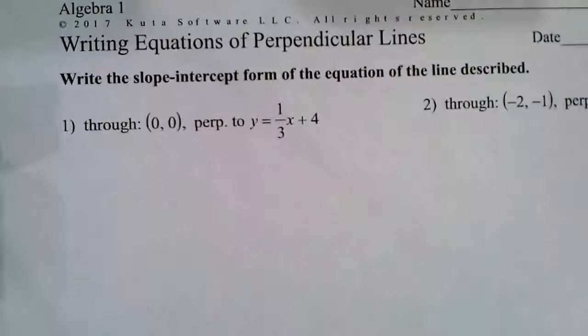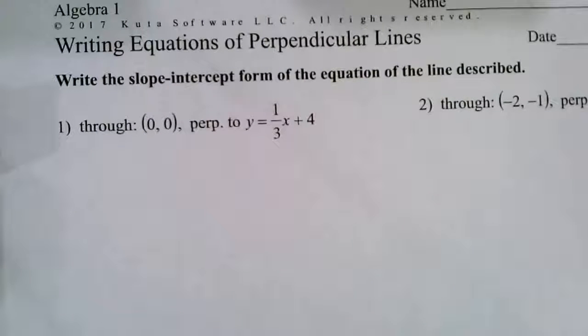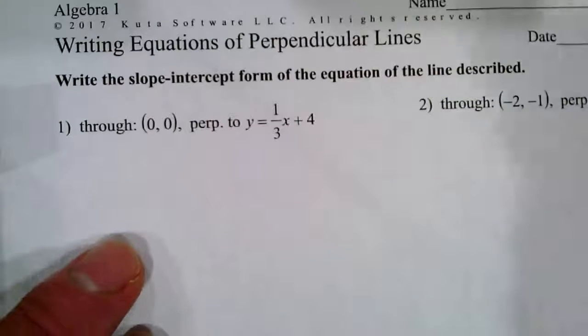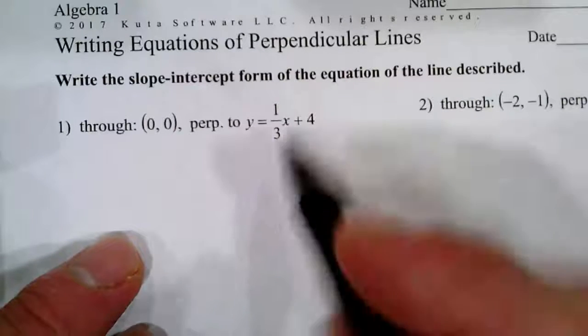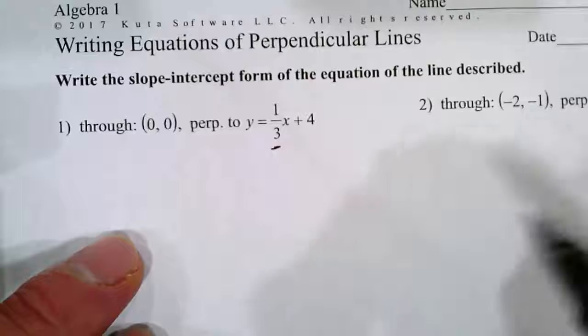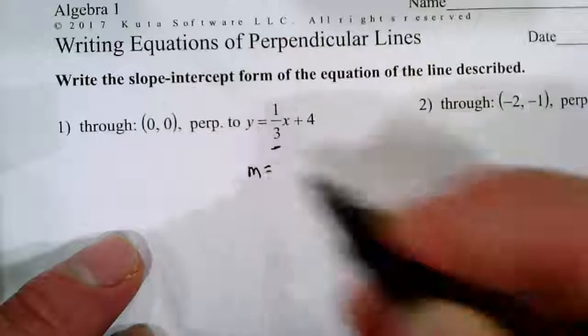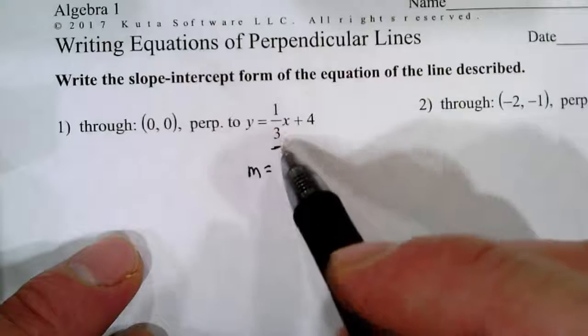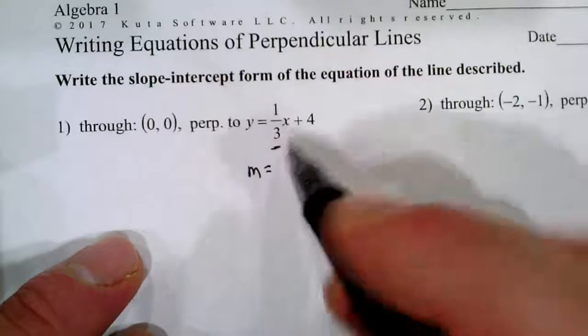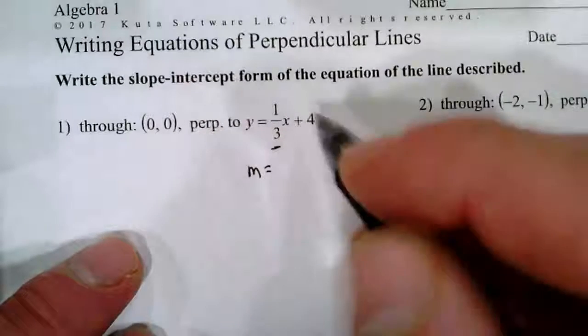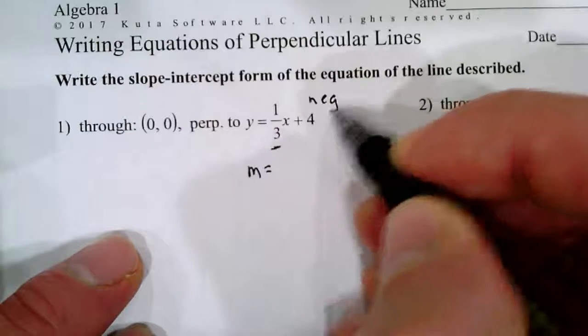All right, next we're going to be writing equations of perpendicular lines. Now, if you recall, if one line is perpendicular to another, the big thing that differs is the slope. So the slope of the line that we are going to be writing the equation for is going to have what's called the negative reciprocal. So let's write this up here. Negative